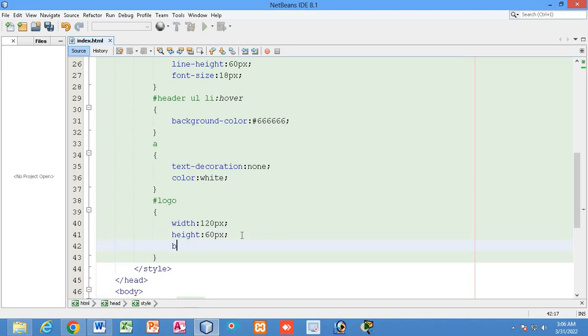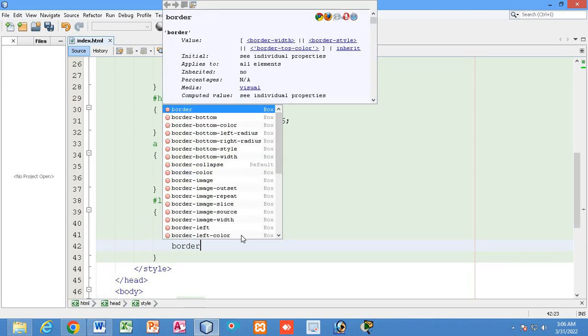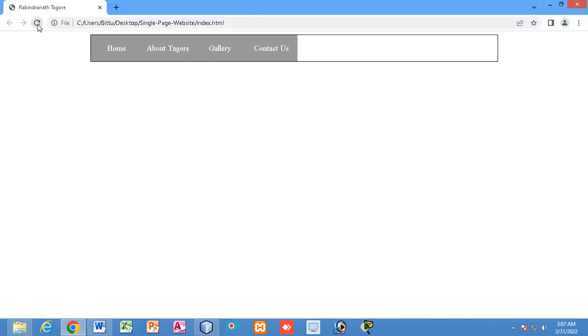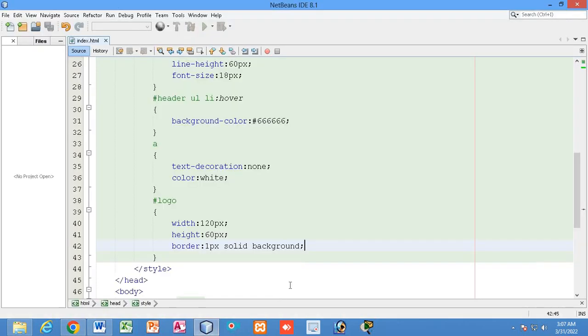Also I will write border 1 px black. But now after I have added the border, first thing let me show you that after I have added this border, we have to remove the width of the border, that is left right, and for the height I have to remove top and bottom border.